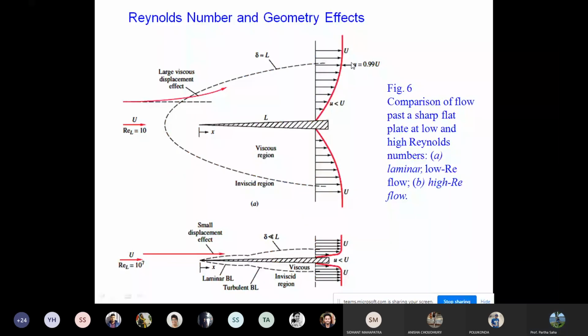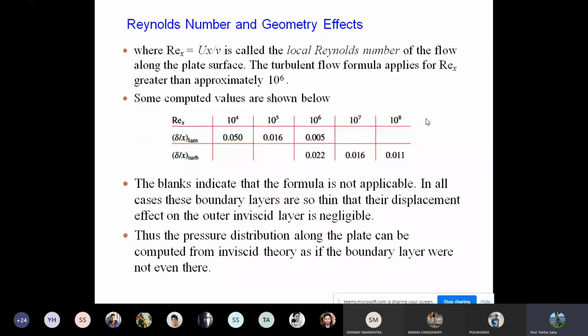Just to reiterate the fact. Okay, let's look into this expression. This is another very good one. I think I'll come to the next slide, but let me tell you that the Reynolds number, as you see, is varying.